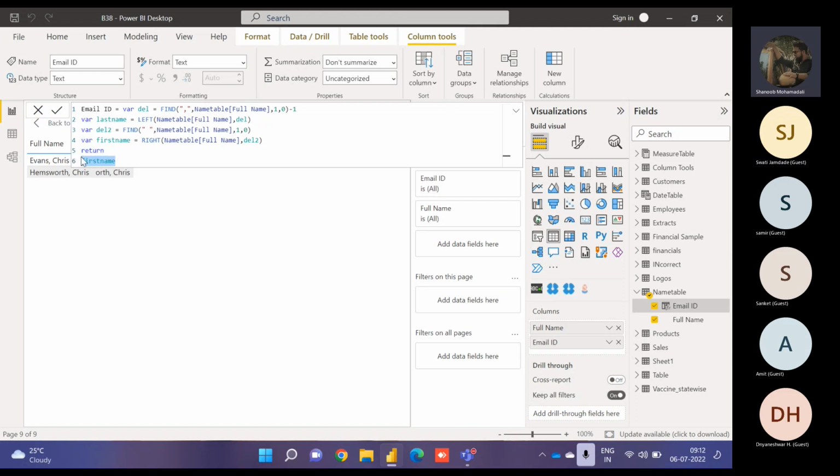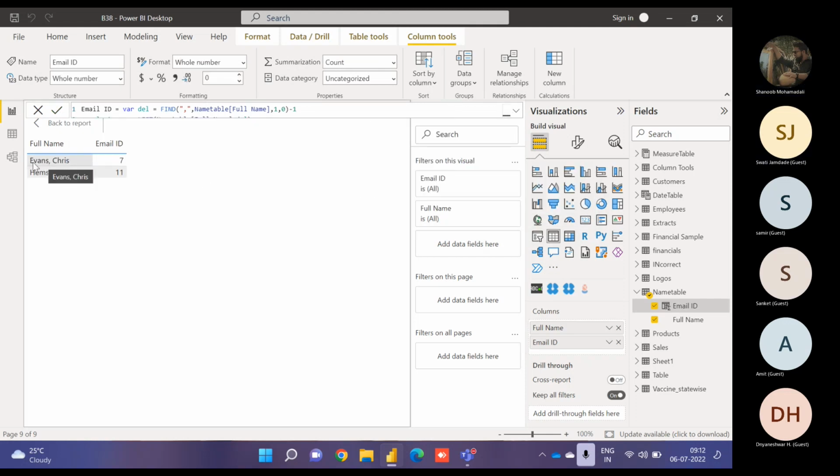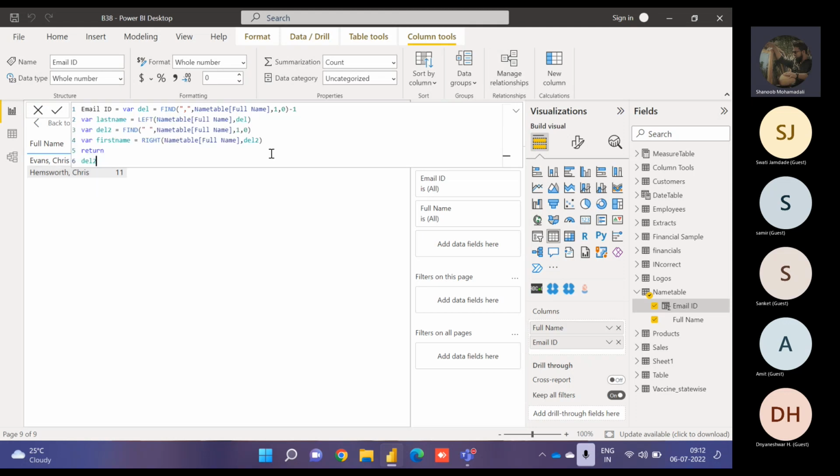1 सेकेंड। del2 का पोजीशन क्या आता, 1 2 3 4 5 6 7, राइट। इसके बाद का चाहिए। सो दैट मीन्स +1 करना पड़ेगा। इधर भी सेम, 6 7 8 9 10 11, या +1 करना पड़ेगा del2 में। सो दिस वुड बी +1। अब हम फर्स्ट नेम एक्सट्रैक्ट करके देखते हैं क्या आता है।